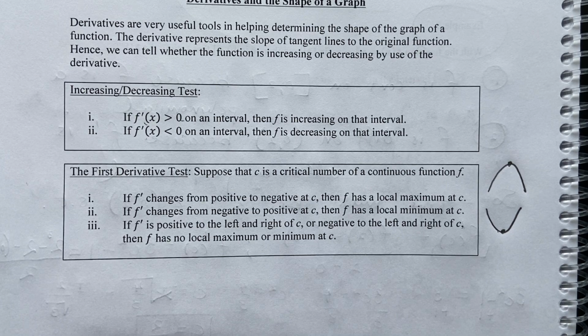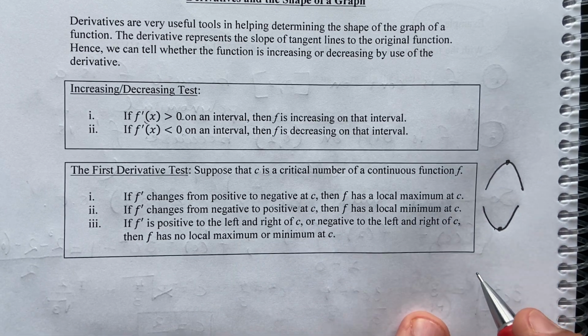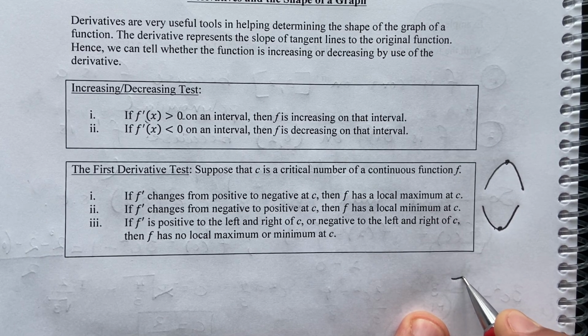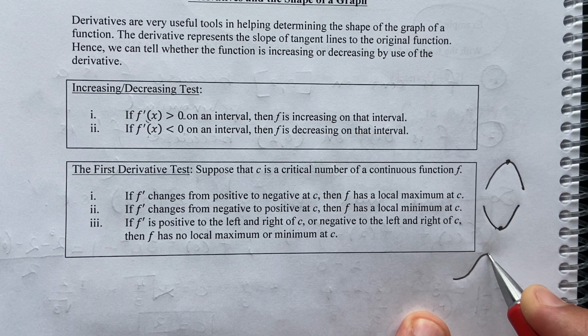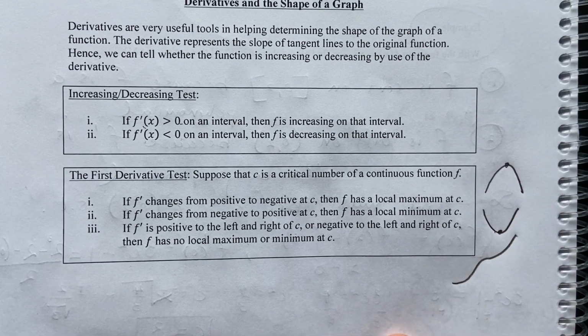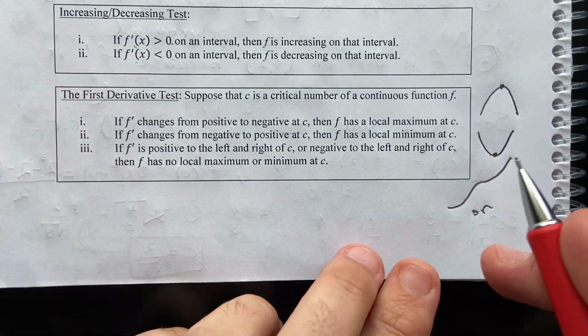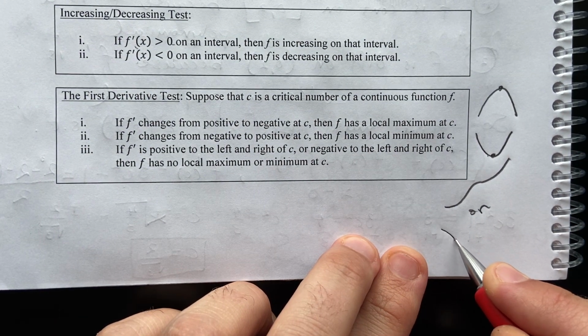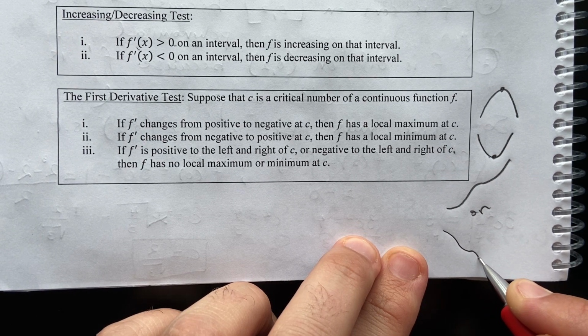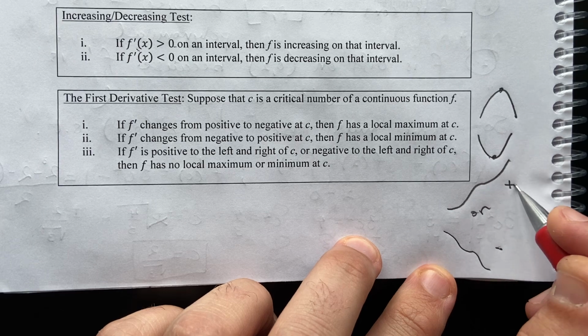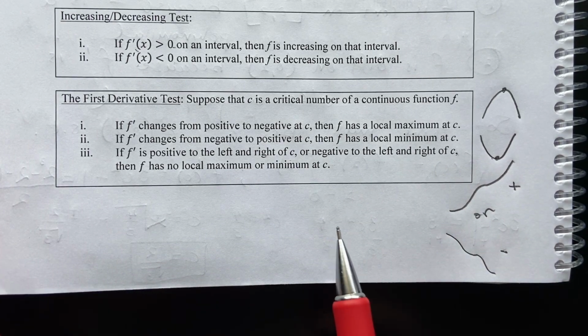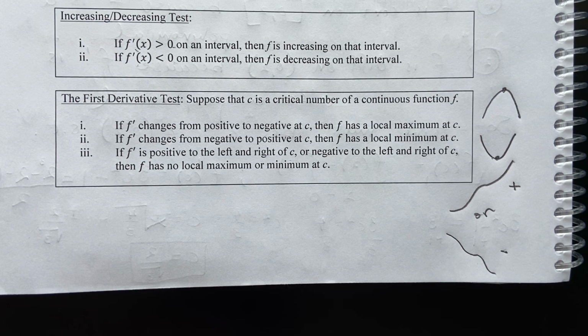Okay, if f prime is positive to the left and right of c, or negative to the left and right of c, basically for this last picture, you would have positive, positive, positive, 0, and then more positive, positive, positive. Or you would have negative, negative, negative, 0, and then negative, negative, negative. If that's the case, then there is no min or max. And you can kind of see that with these clumsy pictures that I drew. All right,